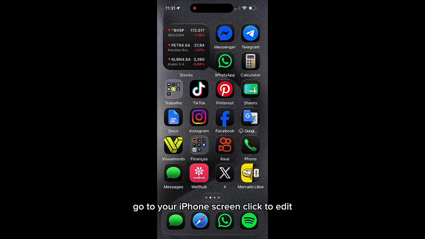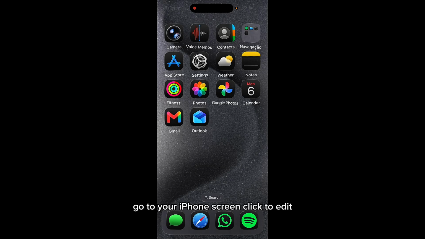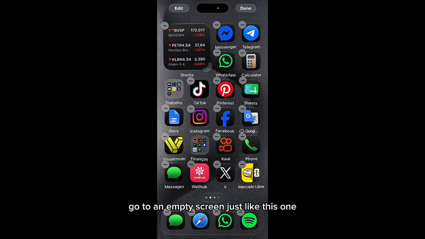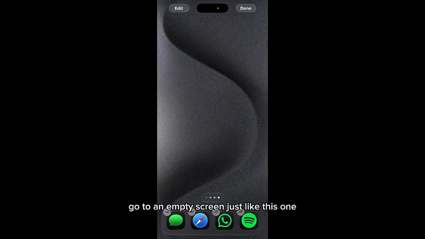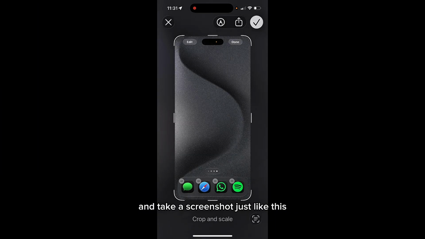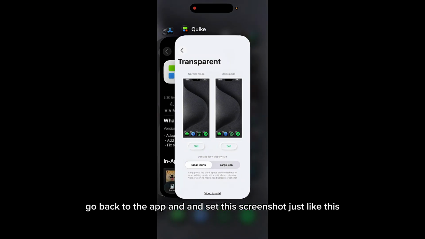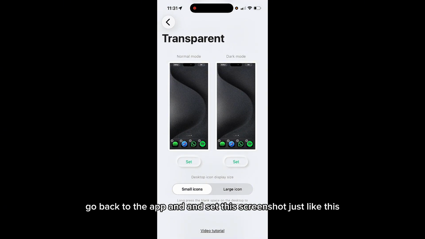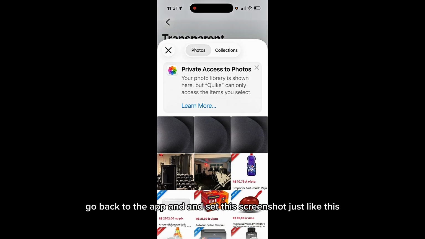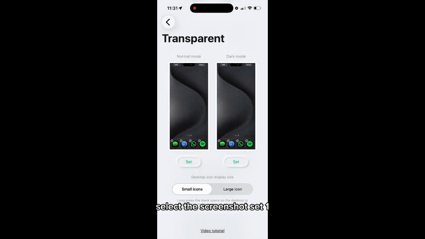Go to your iPhone screen, click to edit, go to an empty screen, just like this one, and take a screenshot, just like this. Save your picture, go back to the app, and set this screenshot, just like this. Select the screenshot, set one,